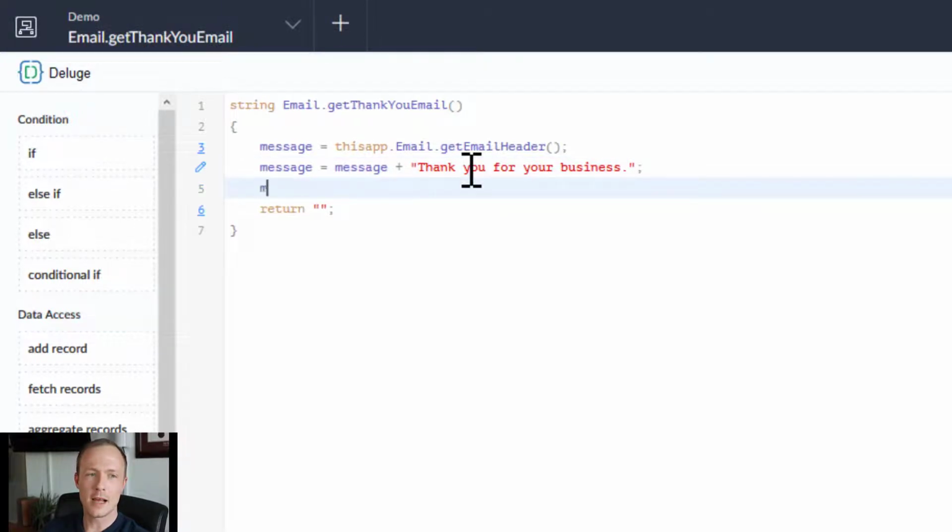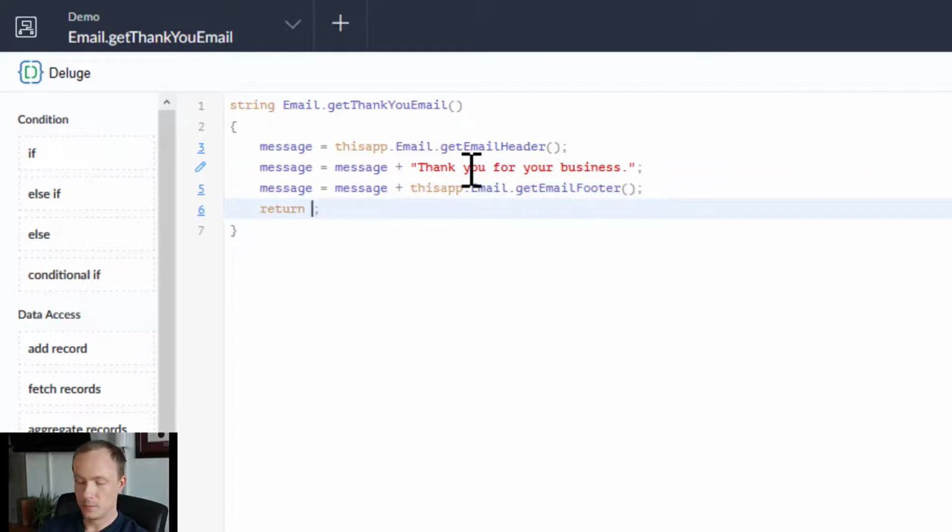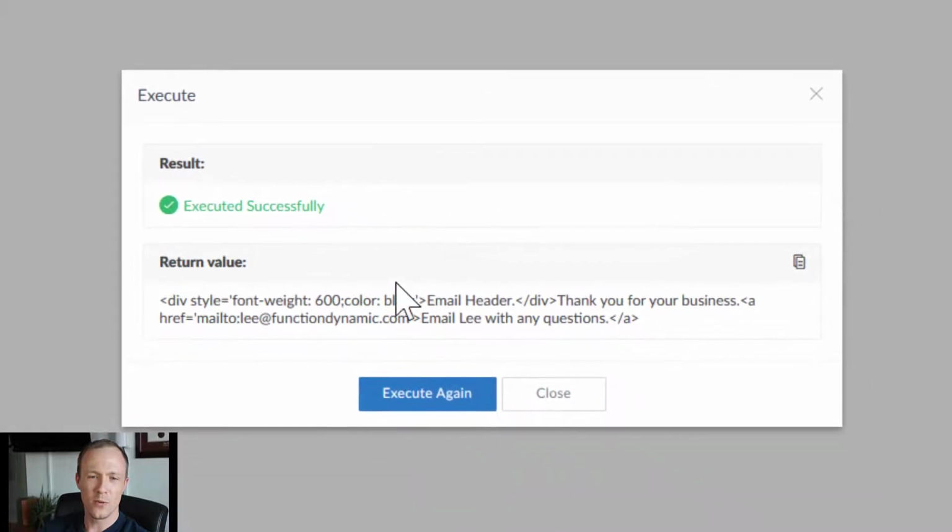And then lastly, to add the footer, we could do message equals message plus this.app.email.get email footer. And then we can return the message finally. So if we do save and then execute, we can see that it is all put together in one single value. So we have the email, a little bit of the HTML from the header there, along with the HTML from the footer there, and along with this email specific message, which is just thank you